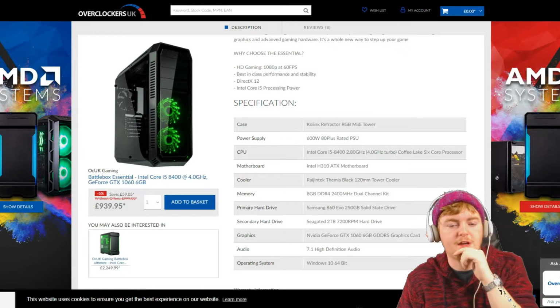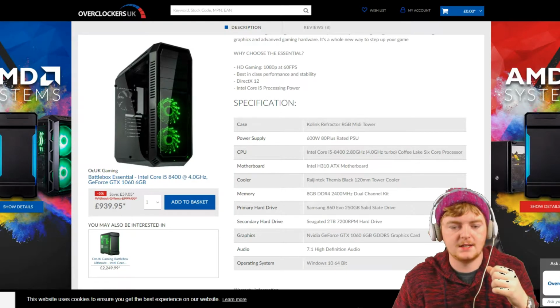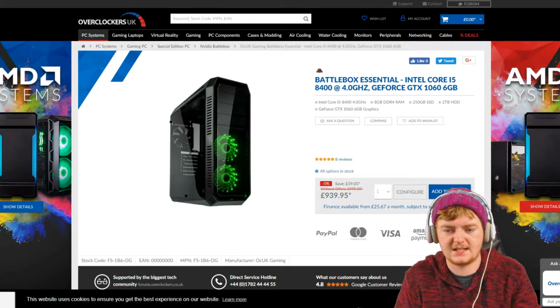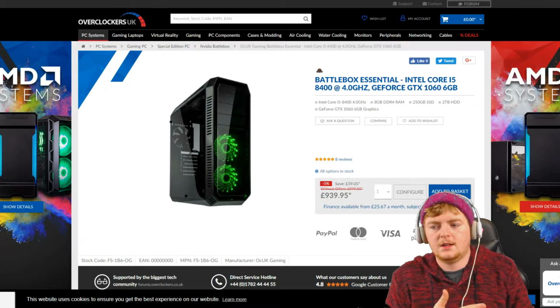It's a 6-core. Okay, that's what I figured. It's a 6-core, 2.8 turbo to 4 gigahertz. That's not bad. So you get 8 gig of RAM, 250 SSD, good for like your operating system and a few things. 2 terabyte hard drive, that's good for like storing games, and the 1066 gig. Okay, so the processor